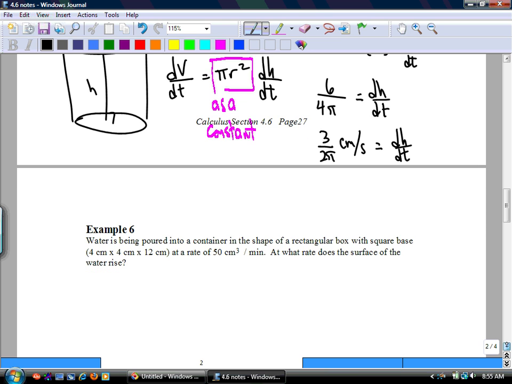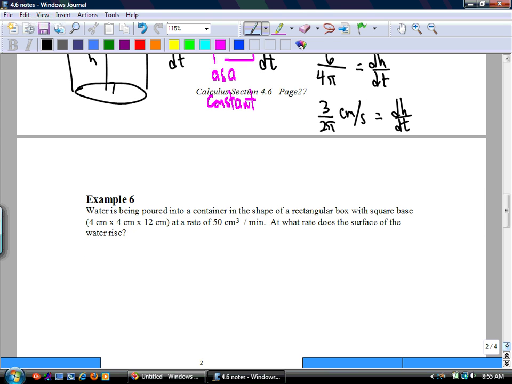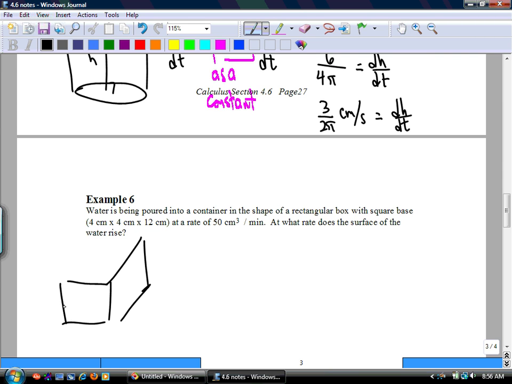Water is being poured into a container the shape of a rectangular box with a square base, 4 by 4 by 12, at a rate of 50 cubic centimeters per minute. At what rate does the surface of the water rise? Until the box fails and all sorts of cool things happen. So x times h. V equals x squared h. dV dt equals